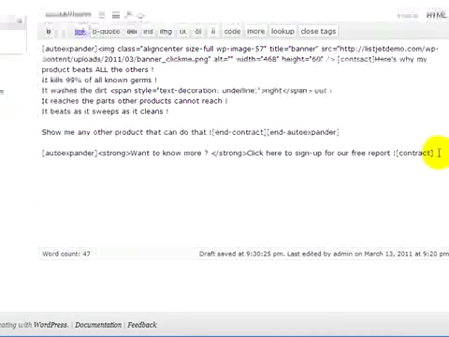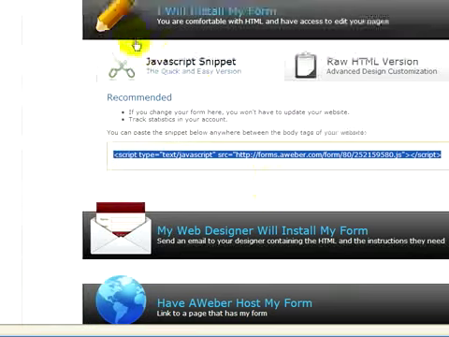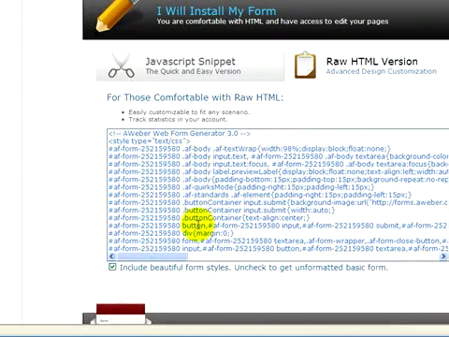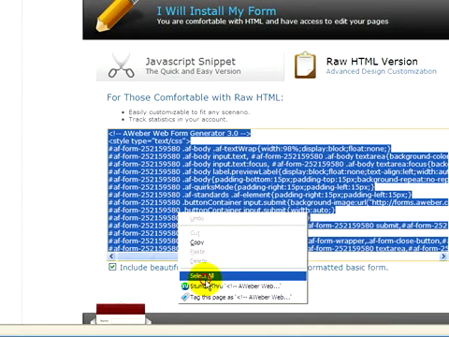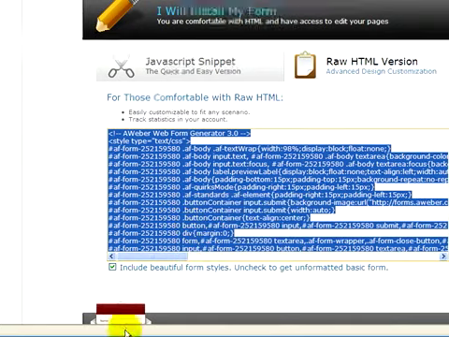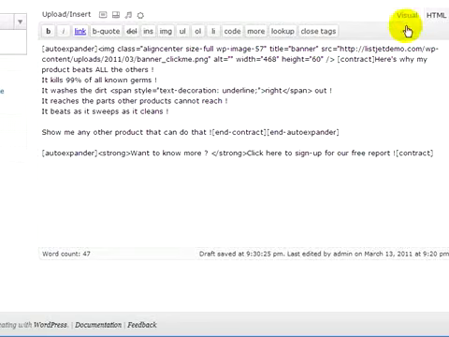But just to sort of prove that there's no deception, what I'm going to do is choose to use the other option that you get with Aweber and with other autoresponders. I'm going to choose the raw HTML, as they call it. And what I'm going to do here is the usual kind of thing: select all, copy. This is all done by right clicking. And now if I go back here onto the HTML view,